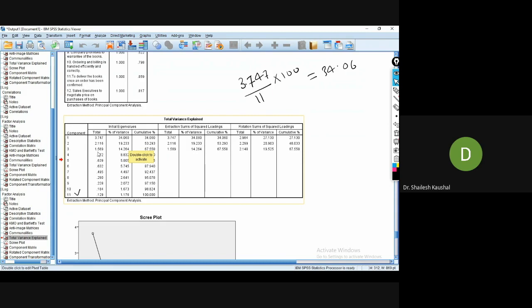Same as when I divide 1.569 by the number of variables 11 and multiply by 100, I get the variance 14.26. In the third column, the cumulative percentage, when I add 34 plus 19 point this, I obtain 53.29. When I add 53.293 plus 14.26, the value is